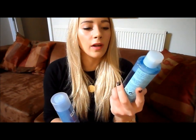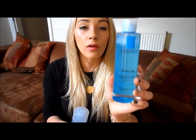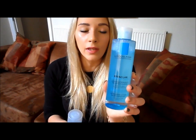I use the Effaclar La Roche Posay astringent toner in the morning before I apply my makeup, because it just helps to get rid of any dirt that's on my face after I've cleansed, if there is anything left, and tighten up the pores and basically help it to stop producing so much oil before I apply my makeup. It's just a good start if you have oily skin. This is quite a good strong toner, so if you have sensitive skin, don't go near this,